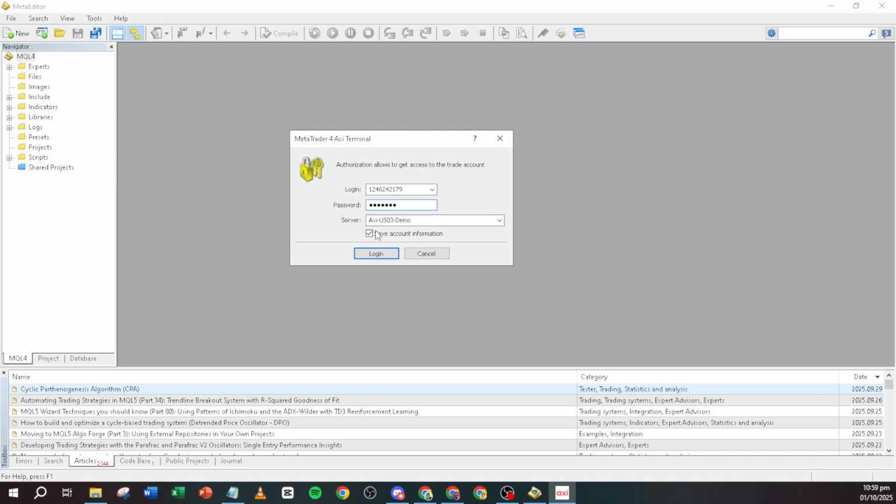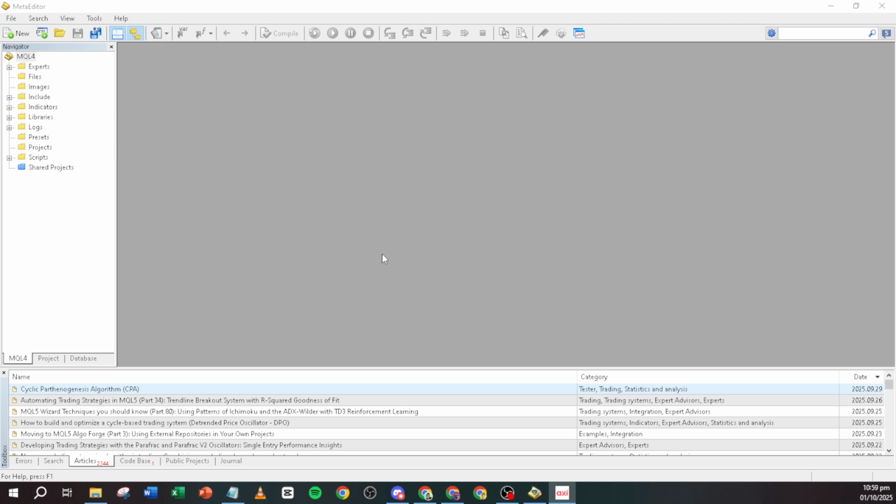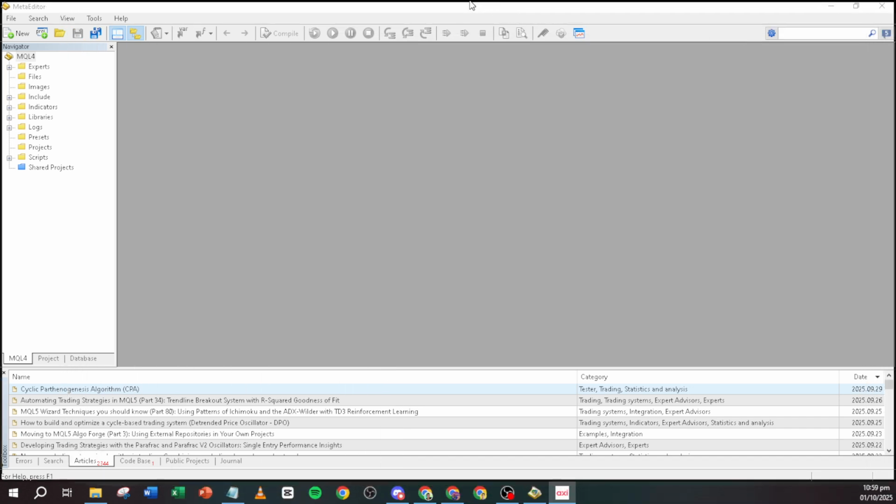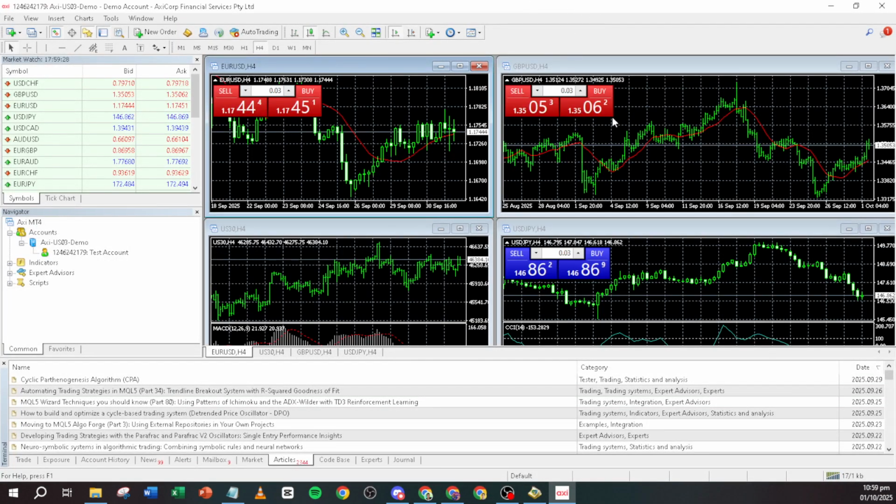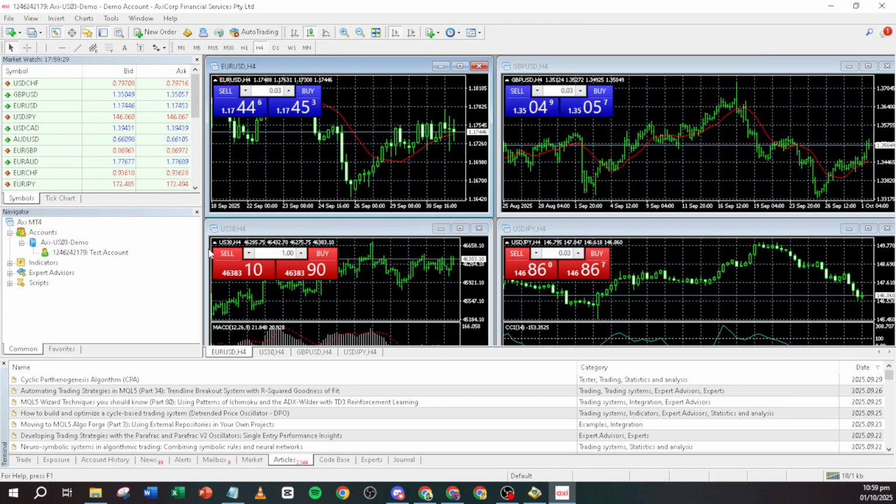In the login window, you'll need to enter your account number. This is your unique identifier on the platform, so make sure you've got it handy. Next is the password field. Type in your password carefully, ensuring you avoid extra spaces at the beginning or end, as this might cause login issues. A helpful tip is to type your password in a separate document first, checking for extra spaces, and then copy and paste it into the field.